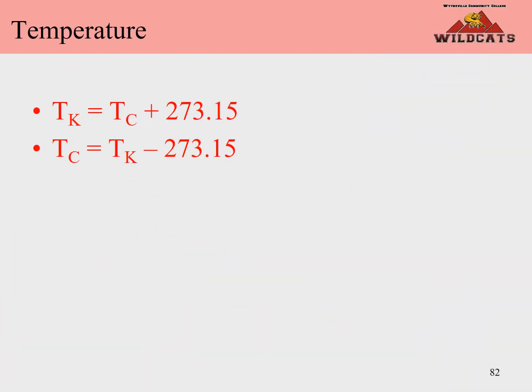The nice thing is it's relatively easy to convert from Celsius to Kelvin. It's just a factor of 273.15, and the Kelvin always has to have the higher temperature. Easy to remember, if I assign a number, 1 is A, 2 is B, 3 is C, 4 is D, and so on, the K is going to have the higher number. So no matter what you do with the 273.15, the K's got to have the higher number. So you add the 273.15 to the Celsius to get the